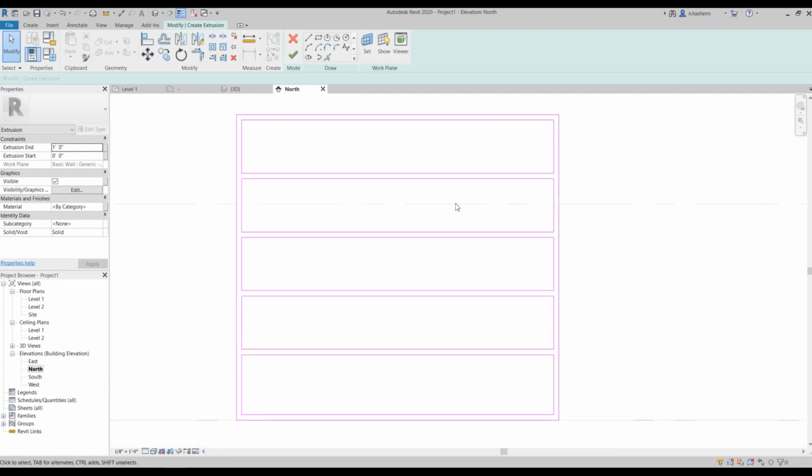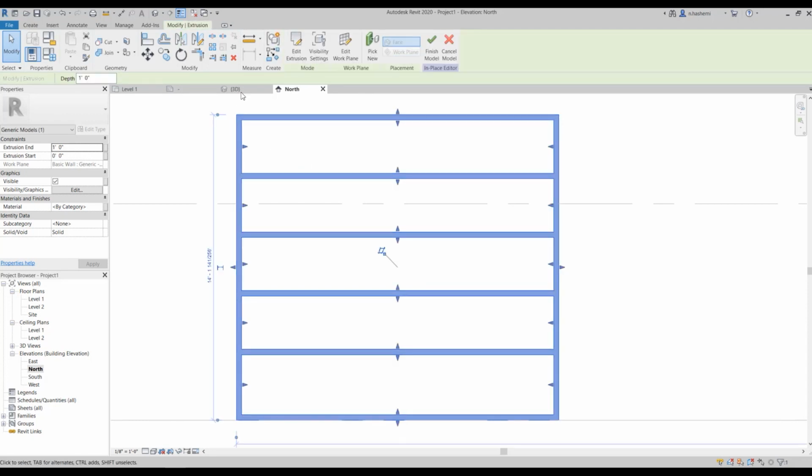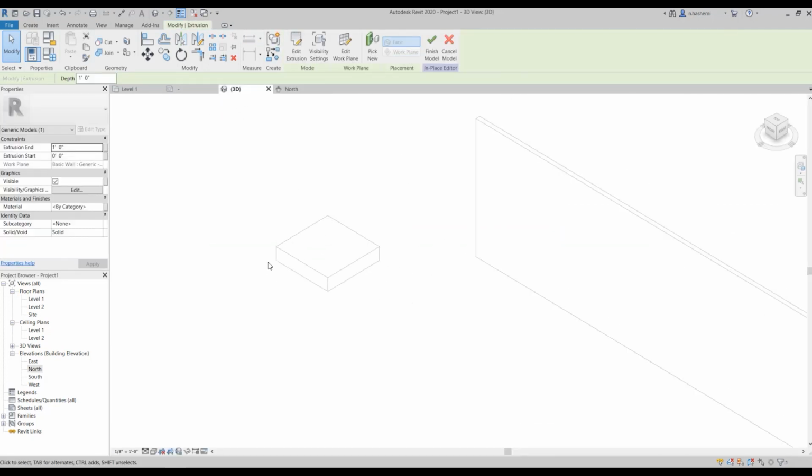Okay. Now hit check, and if I go to 3D view,